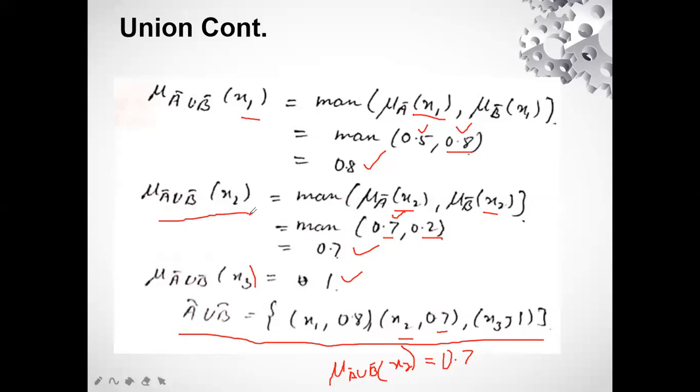Okay, so I hope it is clear to you all what A union B is and how we are going to figure out and calculate the A union B of two fuzzy sets. Fine. Now moving further, we are going to do the same